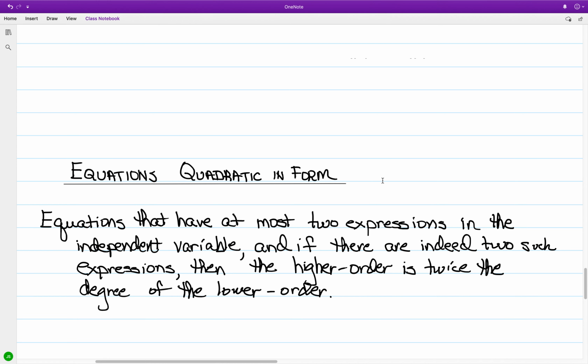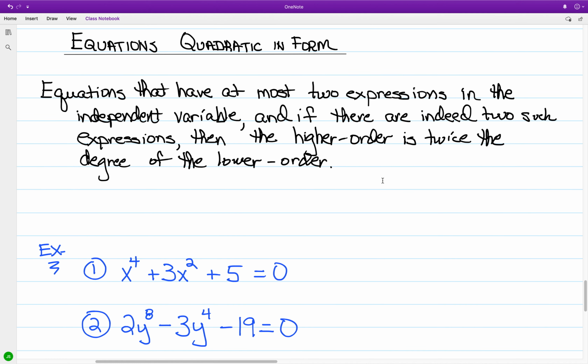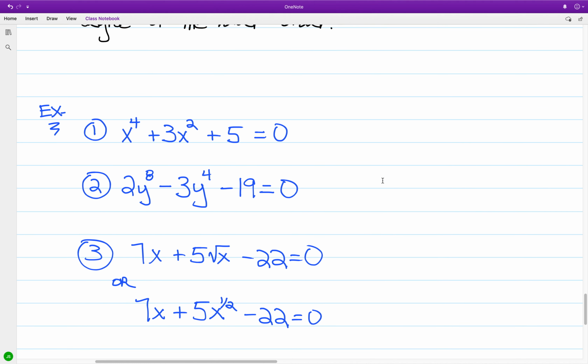Okay, for what we are going to be looking into is equations quadratic in form. And by definition, equations quadratic in form are equations that have at most two expressions in the independent variable. And if there are indeed two such expressions, then the higher order expression is twice the degree of the lower order expression. And examples of equations quadratic in form, and we have among these, we have for the first, we